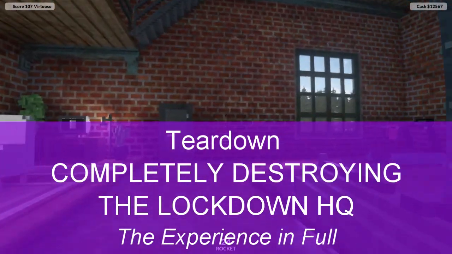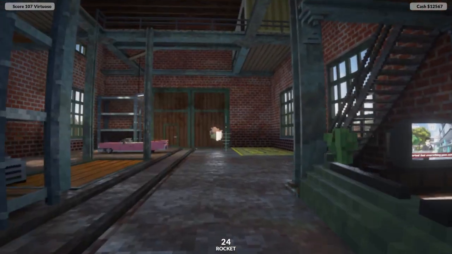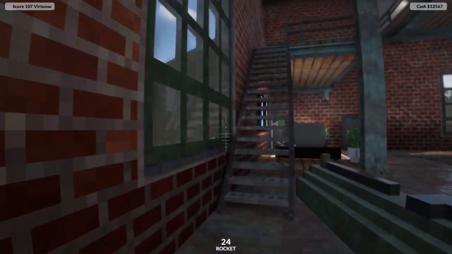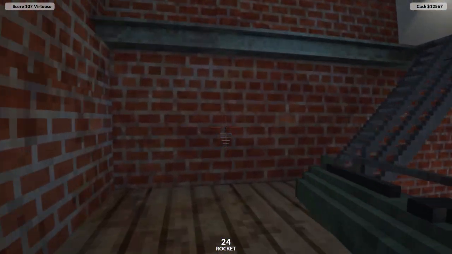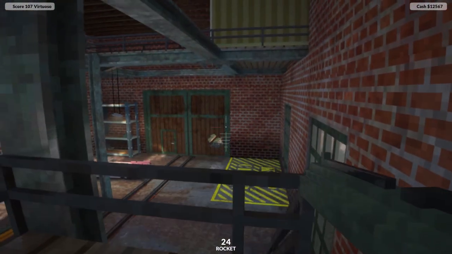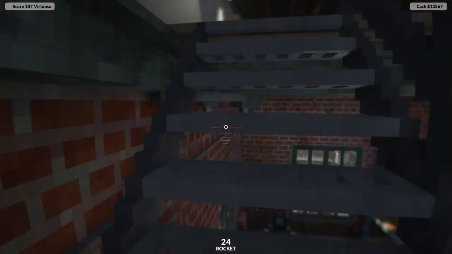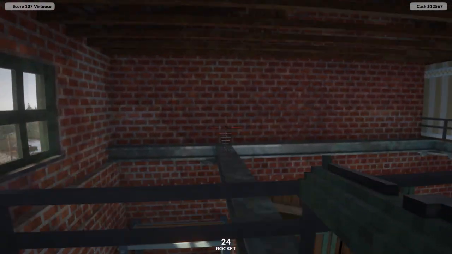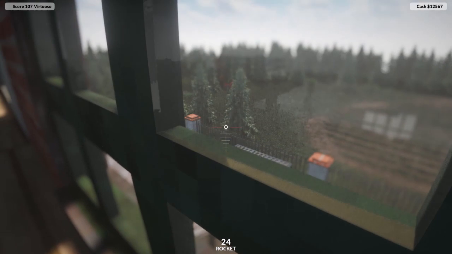Right, this one's going to be rough. We're going to try and take this whole building down, and I have done this before. I will warn you that it's going to get a little choppy, and by a little choppy I mean proper choppy. Okay, so if we want to take this down, a couple of things we've got to fight against here